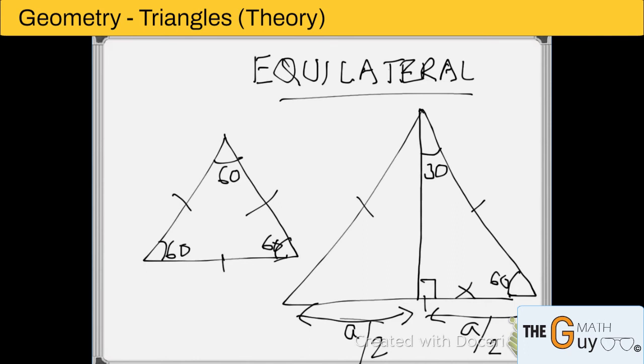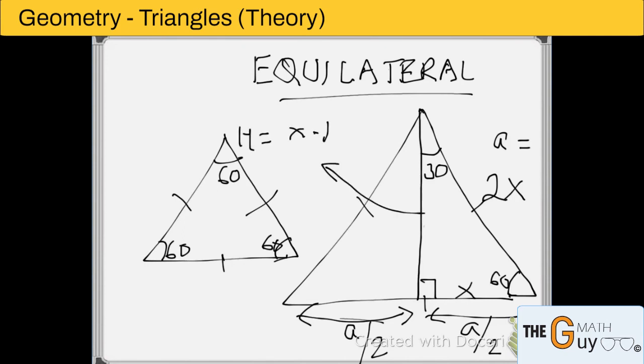Now I'm going to skip a slight bit of the explanation and get straight to the formula. Your hypotenuse will be 2x, because a over 2 is x, which makes the side a, and the height calculated by Pythagoras theorem works out to be